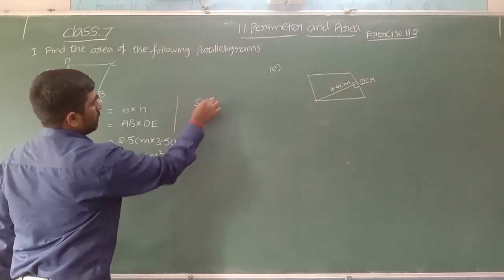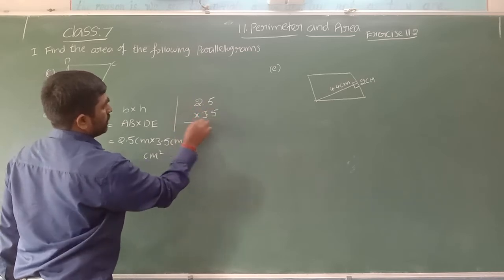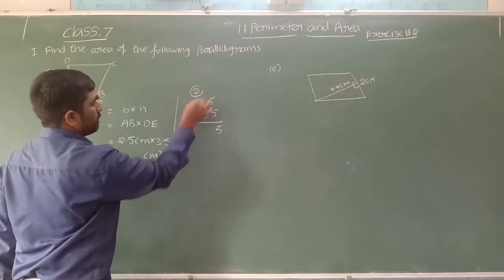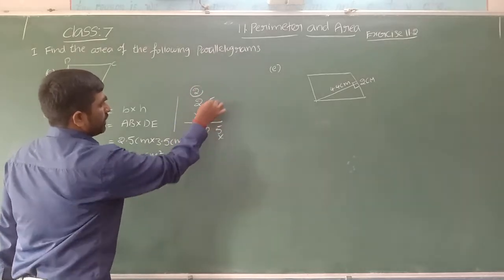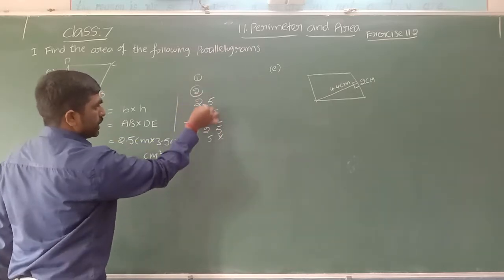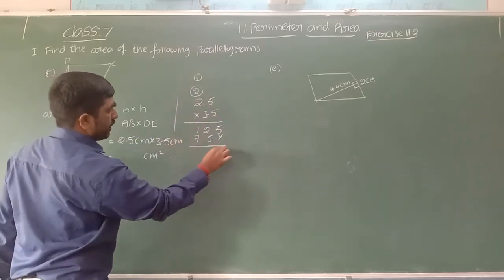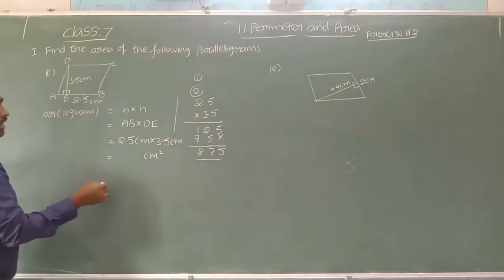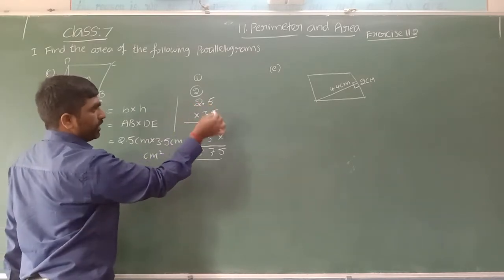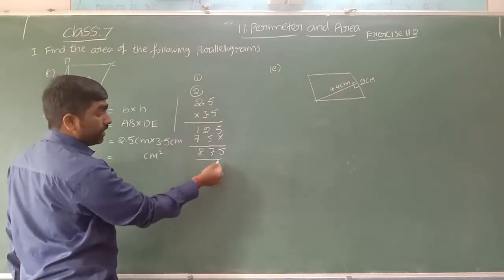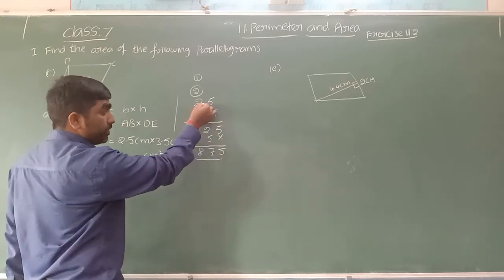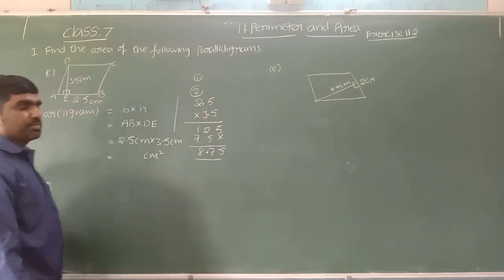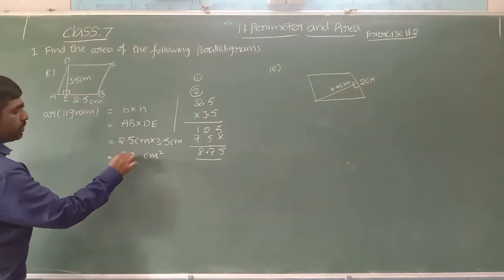2.5 you can multiply with 3.5. 5 times 5 is 25, 5 to carry. 5 times 2 is 10, 10 plus 2, 12. 3 times 5 is 15, 5 and 1 carry. 3 times 2 is 6 plus 1, 7. 5, 2 plus 5 is 7, 1 plus 7 is 8. I got 875. And see there, one digit after the decimal point in each number, total 2 digits. From the back onwards, 2 digits, you can place the decimal point, which we can read as 8.75.